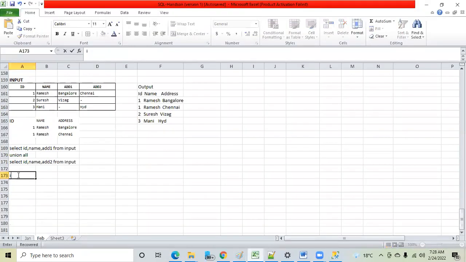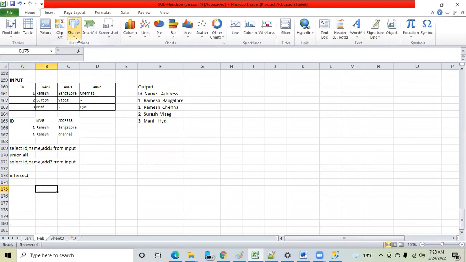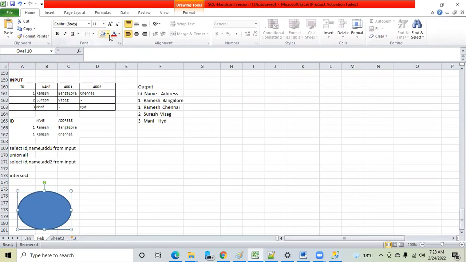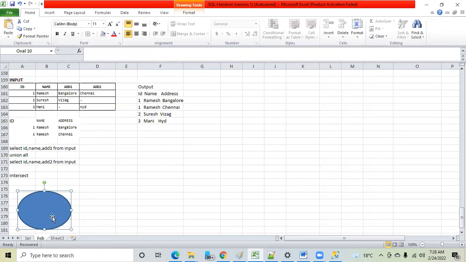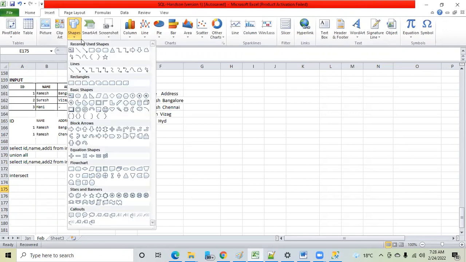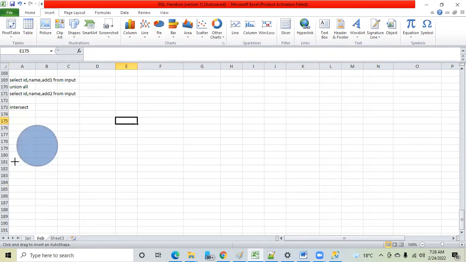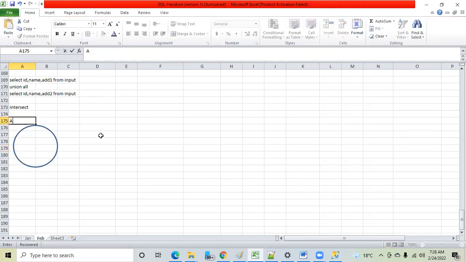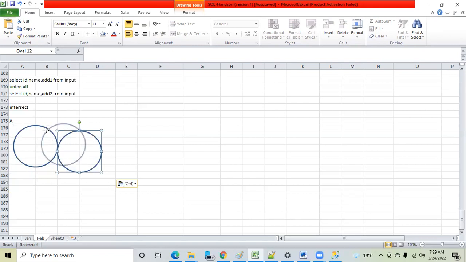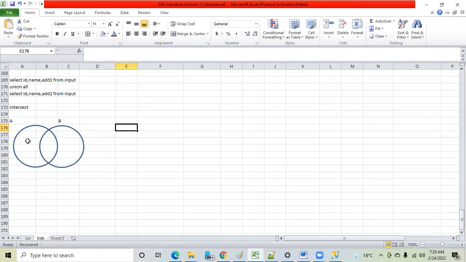See, intersect, what I have taught you. Suppose this is a table, and here, this is A. Similarly, this is B. This area is 1.